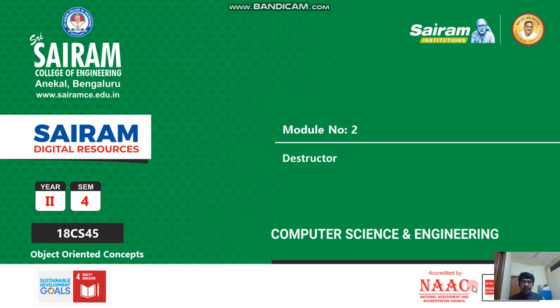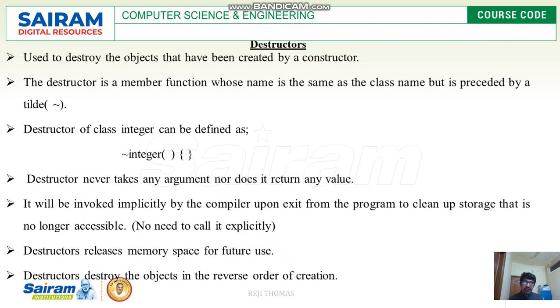So this is also like your constructor, which is a special member function of a class, and this is used to destroy the objects. But when I say this is going to destroy the objects, it does not mean that it is going to deallocate the memory. If you take dynamic memory allocation, we have calloc, malloc, dealloc, and we have delete. So delete is going to delete the memory allocated for the dynamic variable, but this destructor is not going to do it; it is going to destroy the objects which were created.